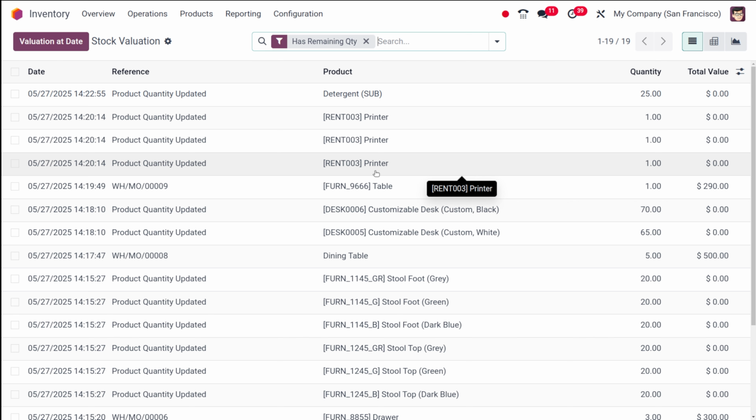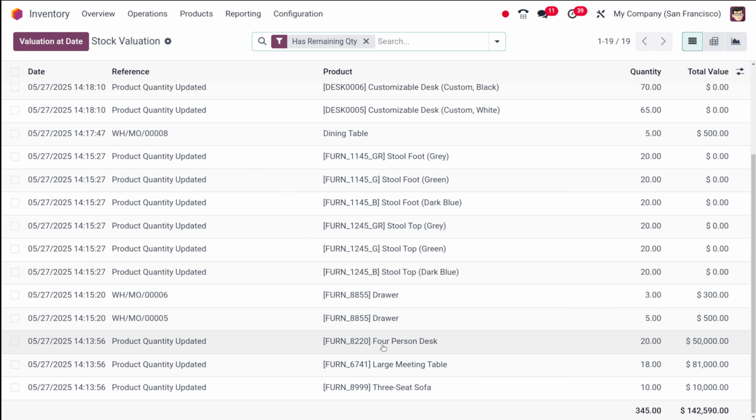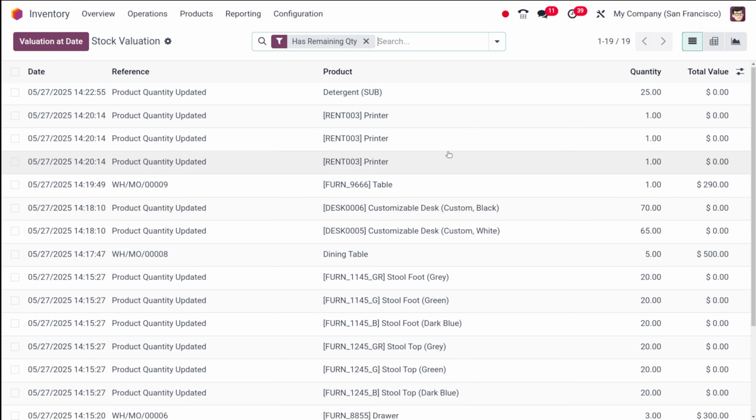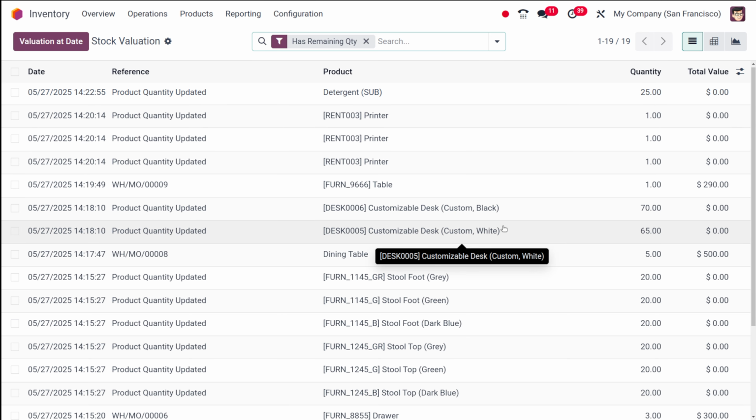This report basically gives you a detailed chronological record of your stock movement and their financial valuations. By default, you will see these columns, which are date, reference, product, quantity, and total value. We'll explain each of them. The date is the date and time the stock move was created. This is key as valuation is time sensitive.